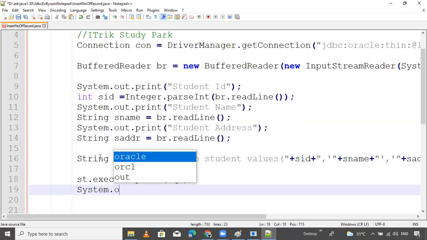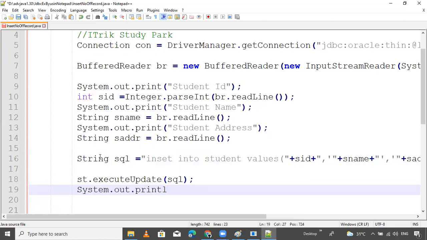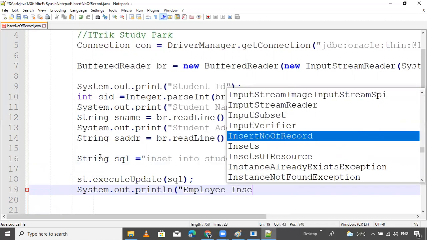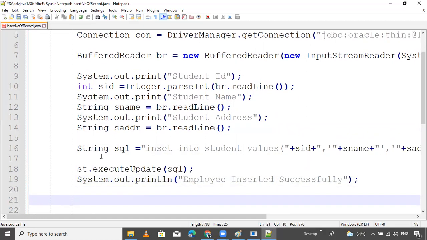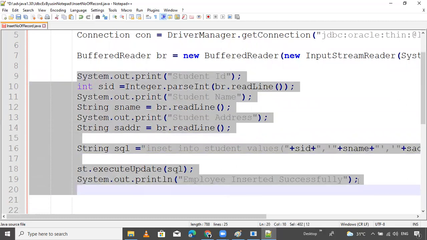Now System.out.println, employee inserted successfully. Like this message, I want to print it for the user. That's it. Now, this is the simple program.